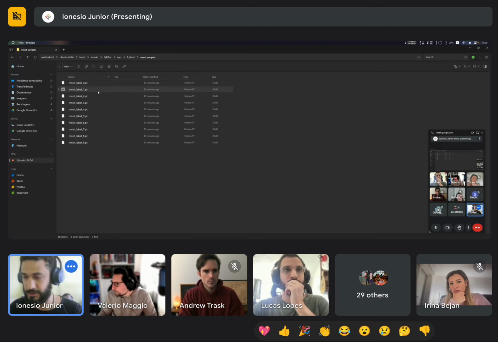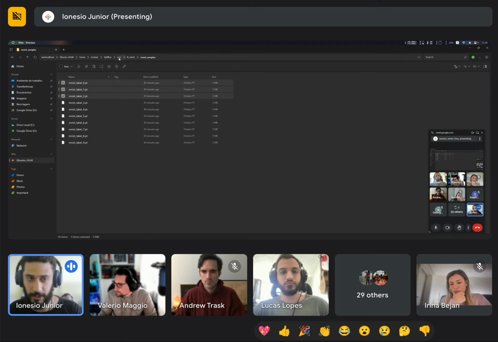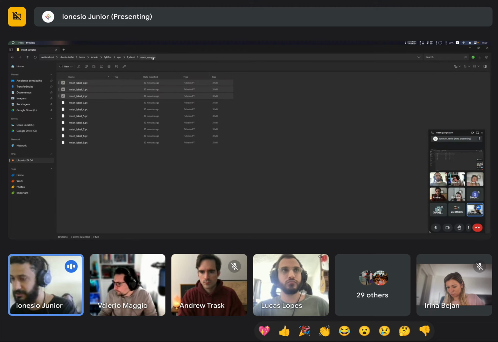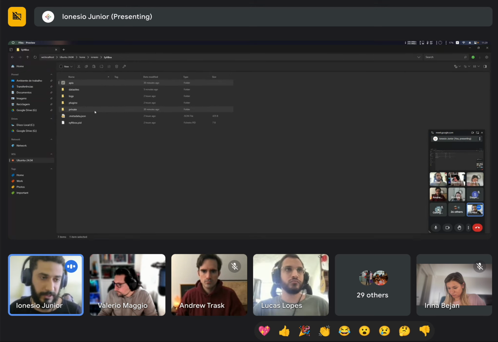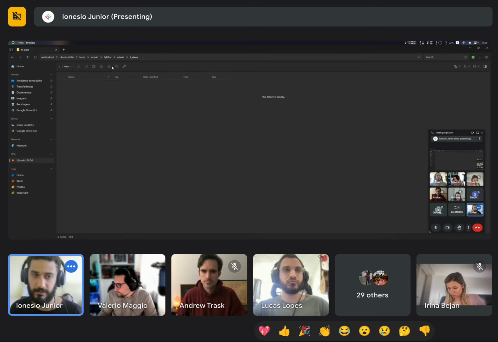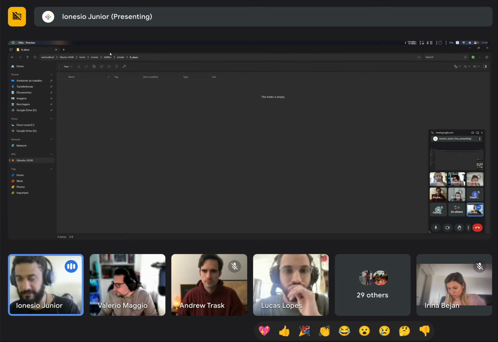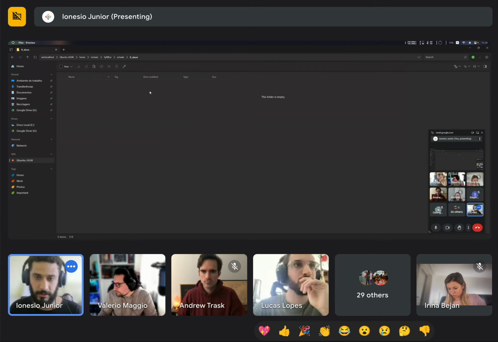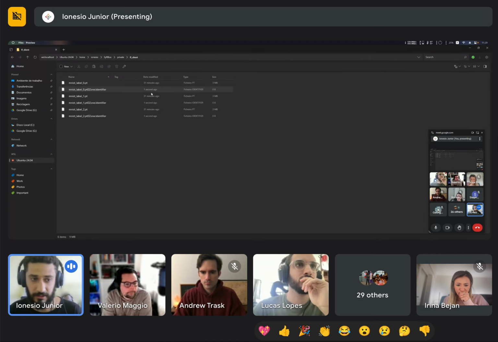Just copy them, and just reminding, we are in APIs, FL client, and MNIST symbols. We'll be copying them into the private folder, FL client. So SyftBox, private FL client. Just copy and paste the models that you selected, and you should be fine.